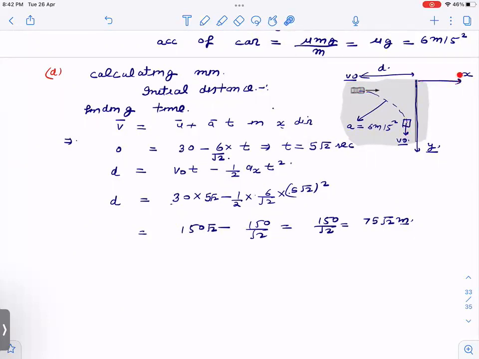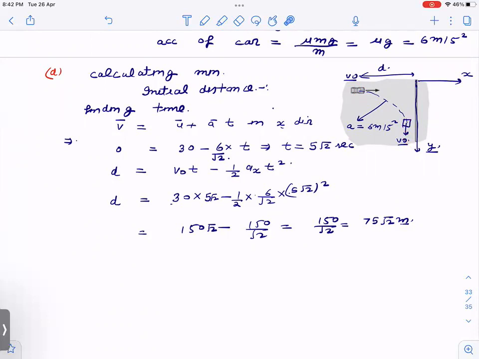I've assigned this as the X direction. This is the Y direction. If you see now, initial and final, the velocity in the X direction becomes 0, right? It has taken a turn. It starts moving in the Y direction. So when the velocity in the X direction becomes 0, I can apply V equal to U plus AT in the X direction